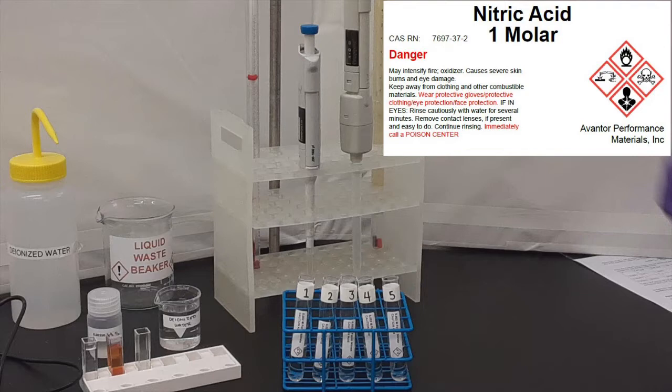Now, we have also given you 5 test tubes full of reagent. This is the iron nitrate reagent. It is acidic. Be careful with it. It's not super dangerous, but it will burn you and it'll wreck your clothes. So treat it with respect. Each of these tubes has 5 milliliters in it, and you will fill the tubes with the other reagent to